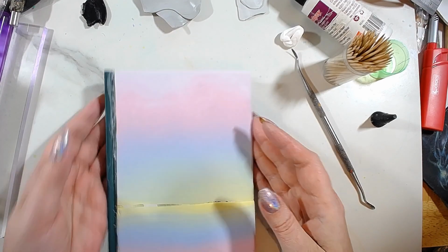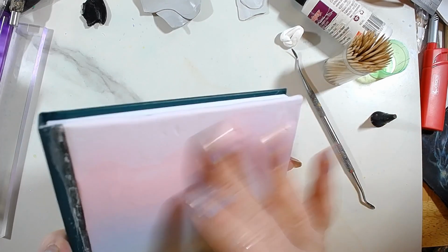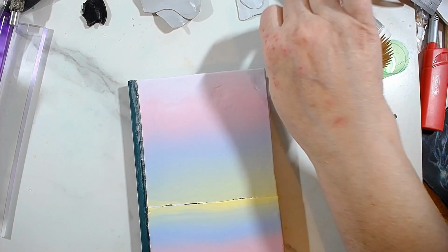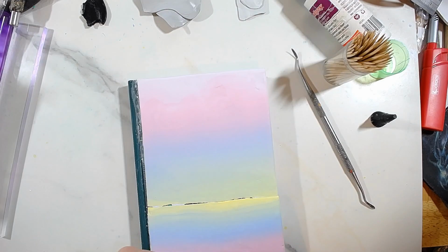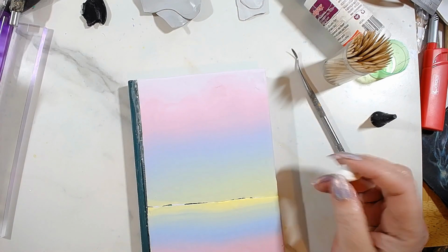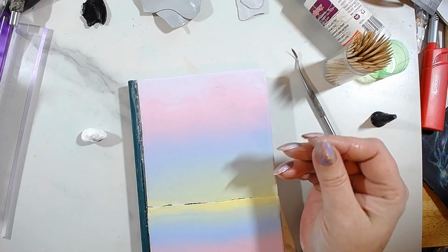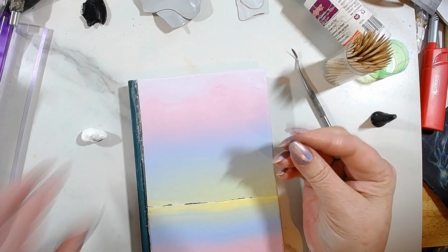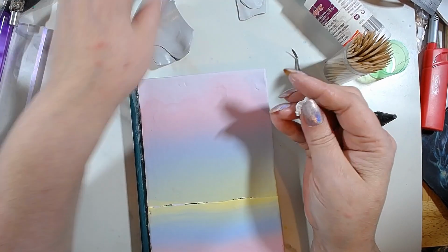Okay, now let's make some clouds. If you can notice, I have some areas here where I nicked with my fingers, so let's go ahead and cover these areas with clouds. Because this is the morning, what I'm going to do is grab just a touch of red. I'm going to grab a little bit of this white. And I already made two different